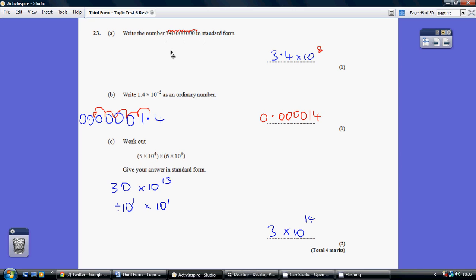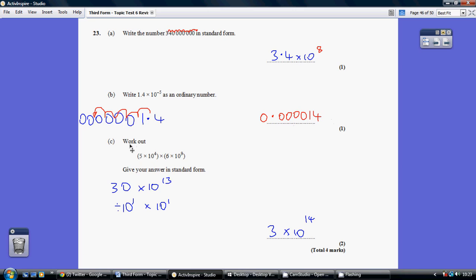And part B, again, we can see this is going to be very small. So, because it's a negative power, lots of noughts down to allow us to hop along and establish how many noughts we need. We're hopping along 5 places, 1, 2, 3, 4, 5. Pause here. How many zeros have we got after the decimal point here? We've got 4. So